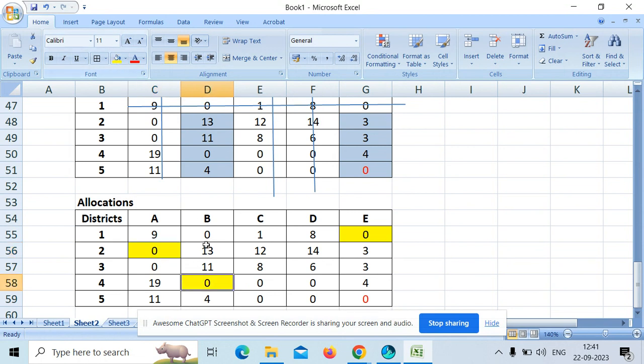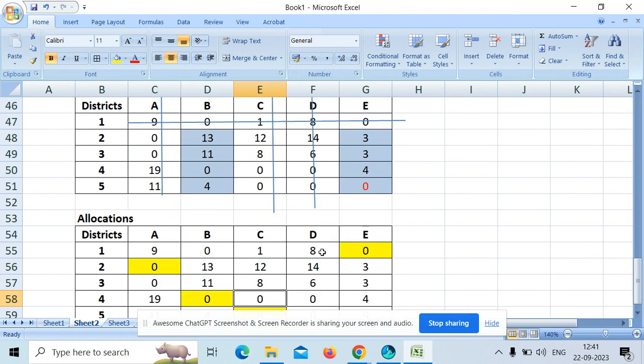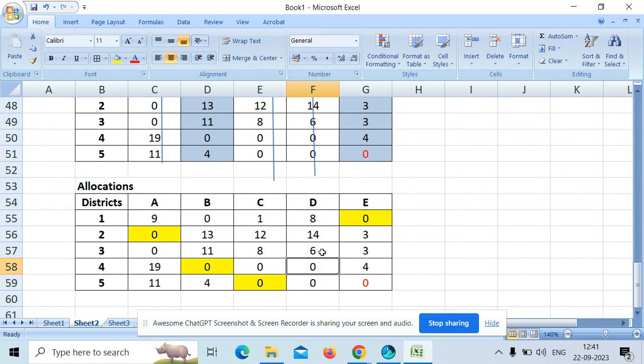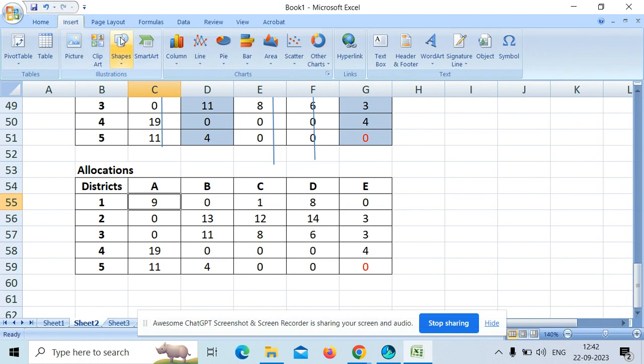तो आपका सी और थ्री एलोकेट नहीं हुआ ना? हाँ, सो वी हैव टू गो फॉर इट अगेन। अलोकेशंस नहीं हो रहा है, डी नहीं हो रहा है और थ्री नहीं हो रहा है, पहले भी वैसा ही था। ओके, चलो लेट अस डू इट अगेन। मैंने रो वाइज लिया था, नहीं हो रहा है, वापस करते हैं।